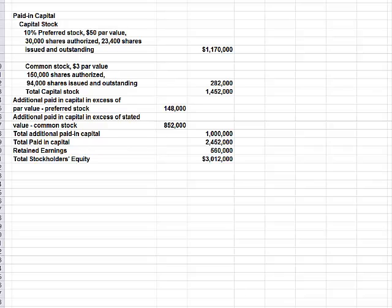Next, we will look at the stockholders' equity section of the balance sheet. In capital stock, we have 10% preferred stock, $50 par value, 30,000 shares authorized, 23,400 shares issued and outstanding, for a balance of $1,170,000. Common stock, $3 par value, 150,000 shares authorized, 94,000 shares issued and outstanding, balance of $282,000. So we have total capital stock